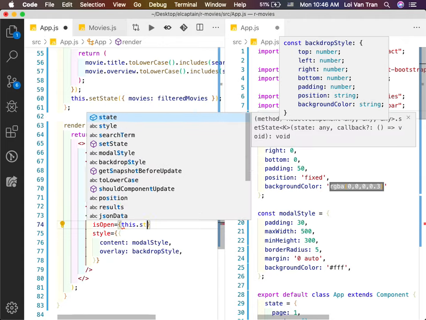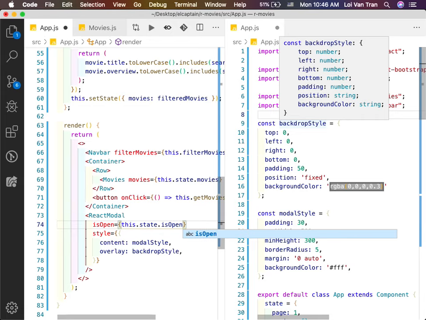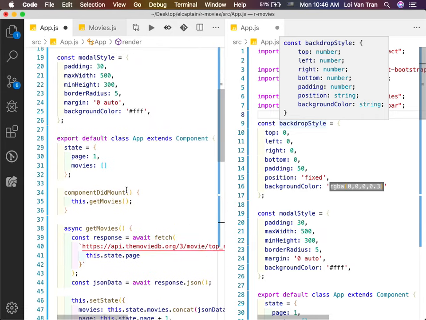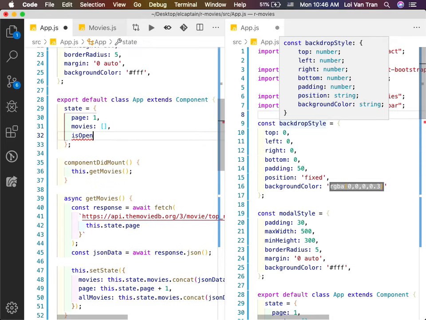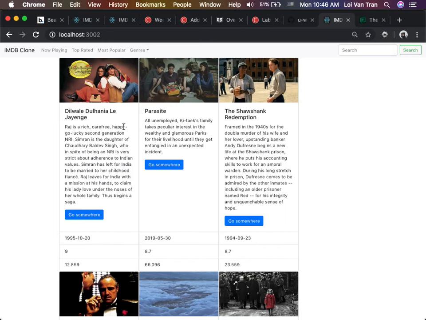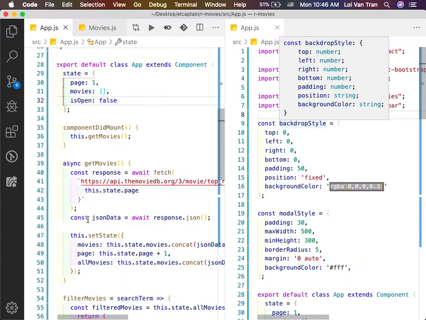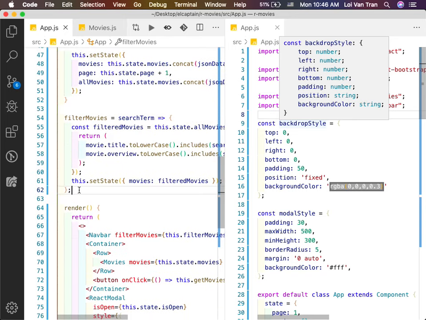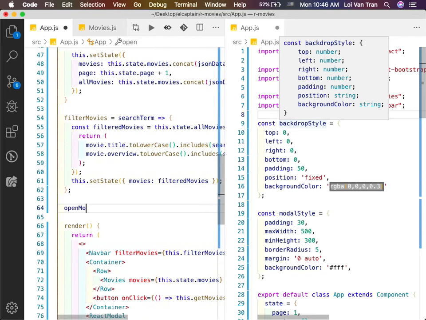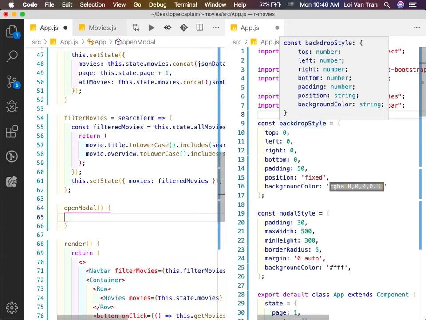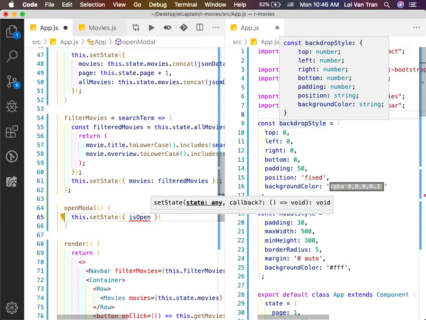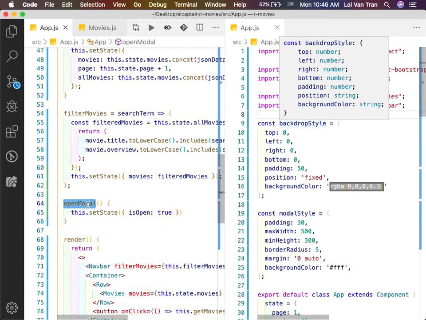So we're gonna look at this.state.isOpen. We're just gonna pass that value. And now, because we have that value, we need to give it a default state. So we're gonna say false right here in our state declaration. So our application now loads, it's false. So how can we get it to open? Well, we need to define a new function. We're gonna call this one openModal. Then we're gonna do this.setState, pass it its required object, pass that object the key that we want to change, then we're gonna do true. This is the simplest way we can do this right now.